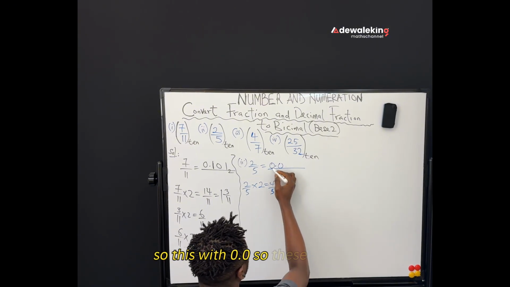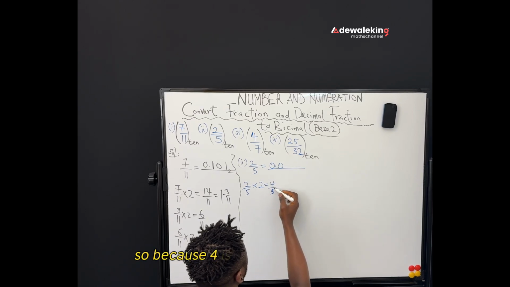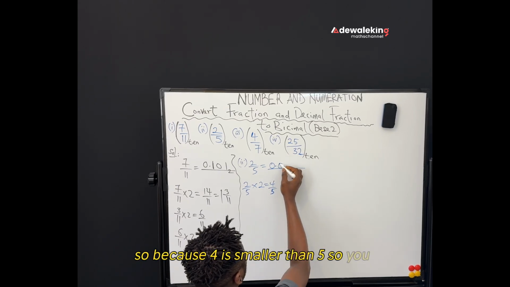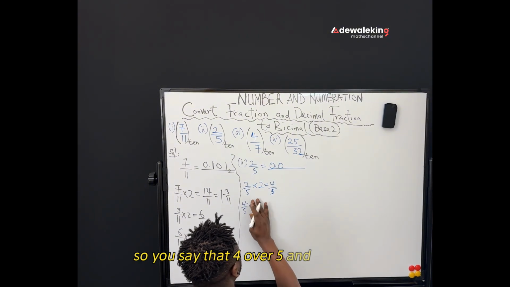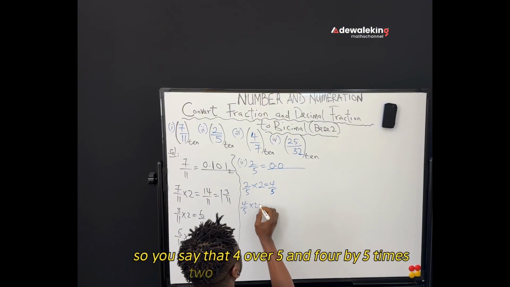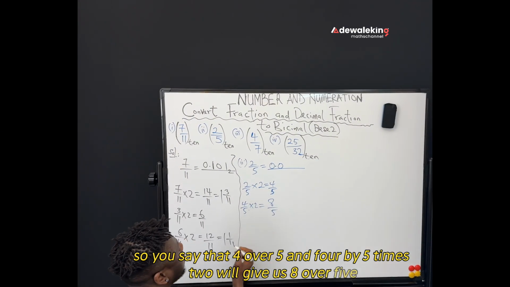So this 0 point is the default. Because 4 is smaller than 5, you write 0. So you say 4 over 5, and 4 over 5 times 2 will give us 8 over 5, and this